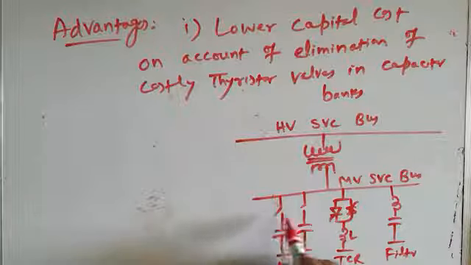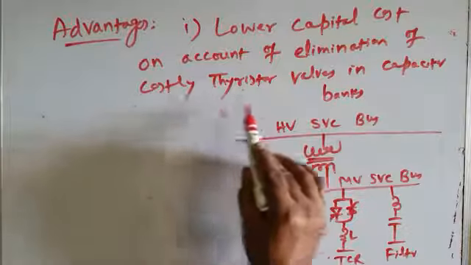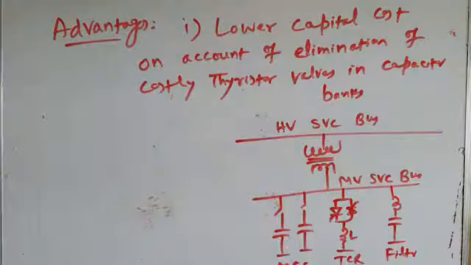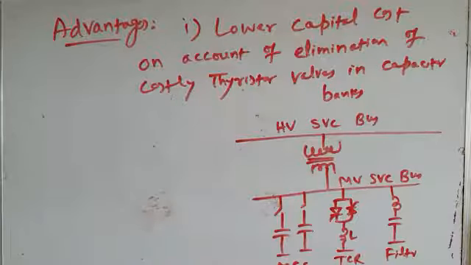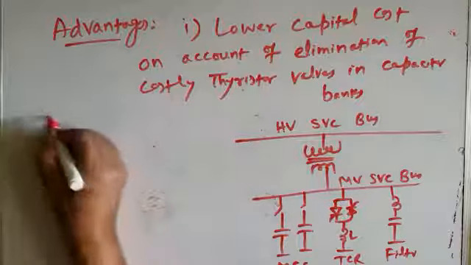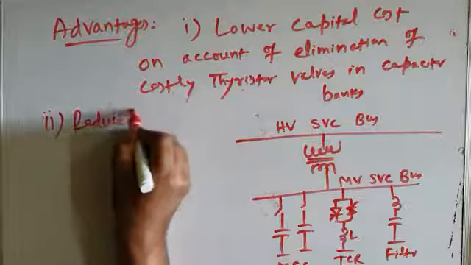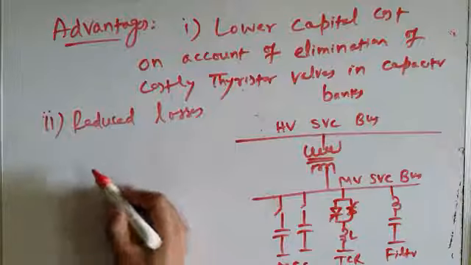So therefore, since the thyristor valves in the capacitor banks are eliminated, on account of elimination of costly thyristor valves, the cost of these capacitor banks is decreased. So overall cost of MSC TCR SVC is low. This is the first advantage. Second advantage is reduced losses, reduced power losses, and power losses are in the range